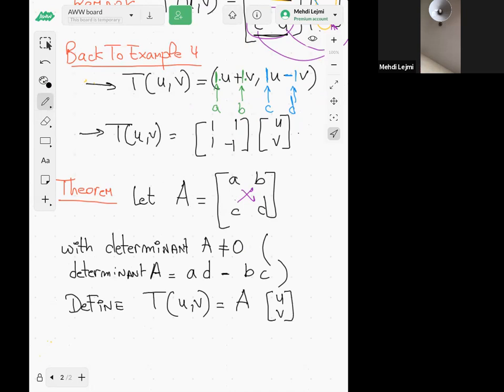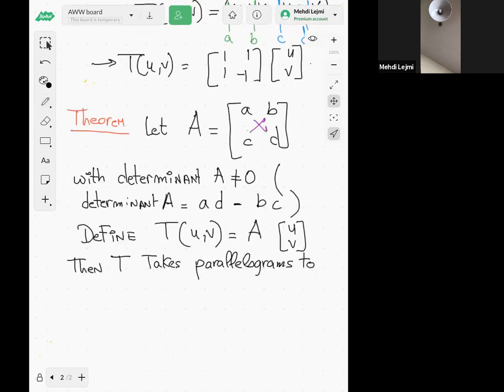Anyway, if you have this transformation T defined by this matrix A, then actually T takes parallelograms to parallelograms,